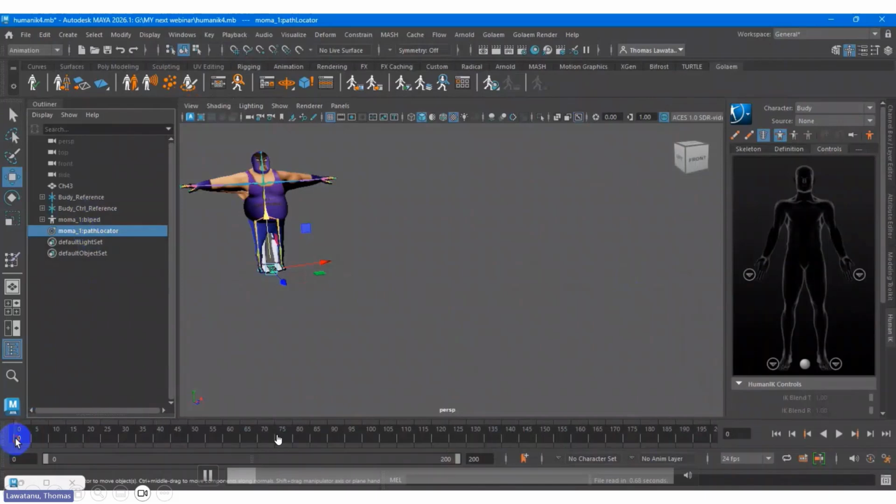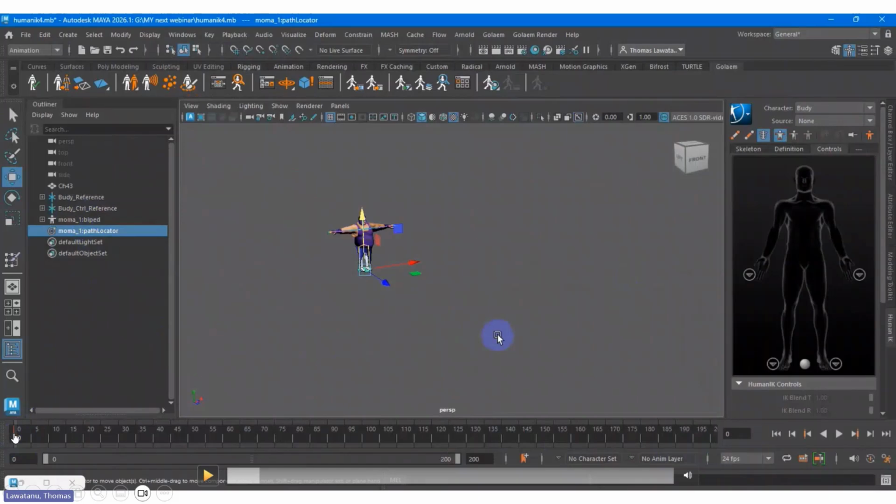So again, once you get this, don't forget to put the key. Sometimes there is a question: hey, why is it not working? Why don't I see any motion on the screen? Because you haven't set a key. Put the key, or you can press the S key on your keyboard, and then you can set how far your character will move.